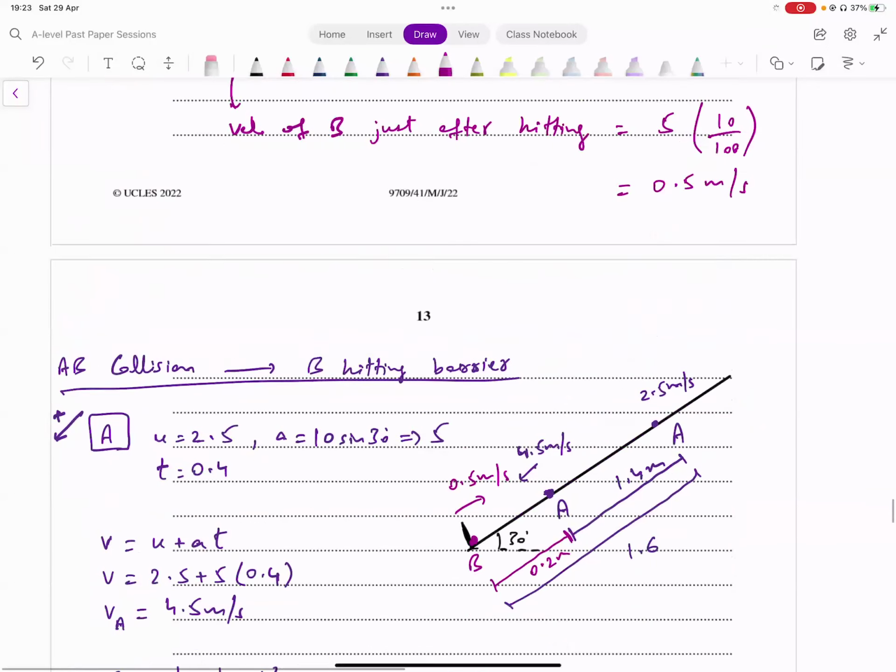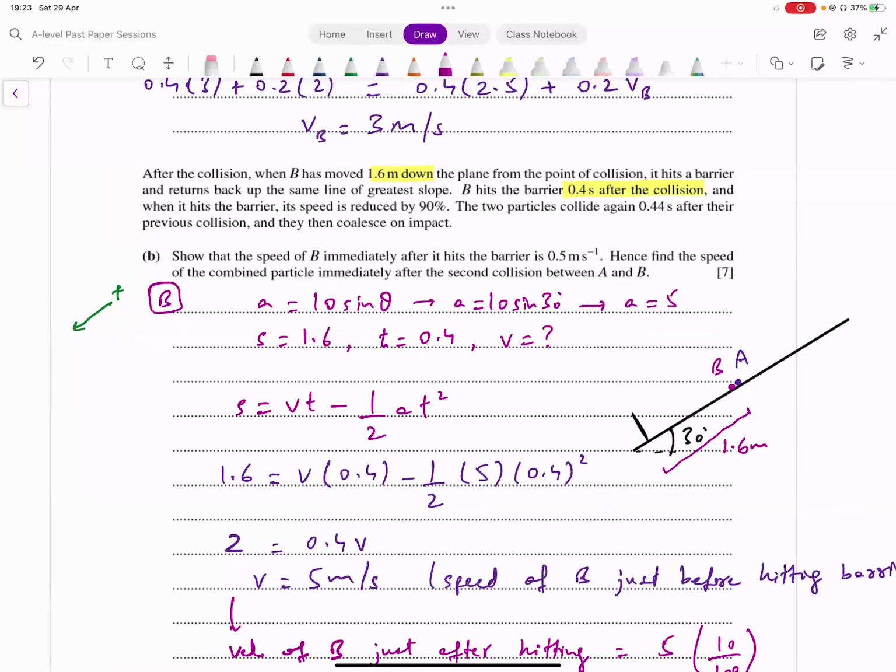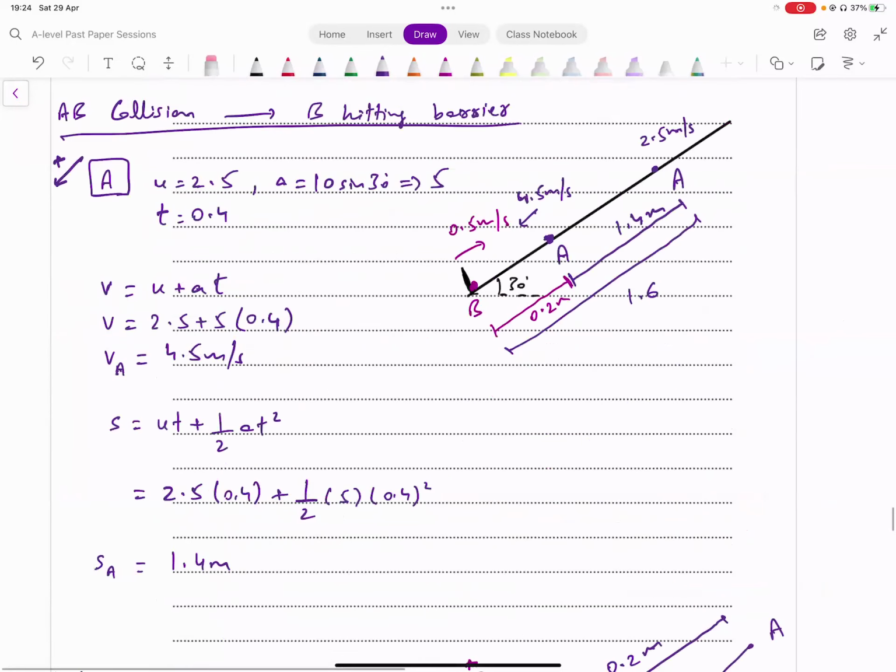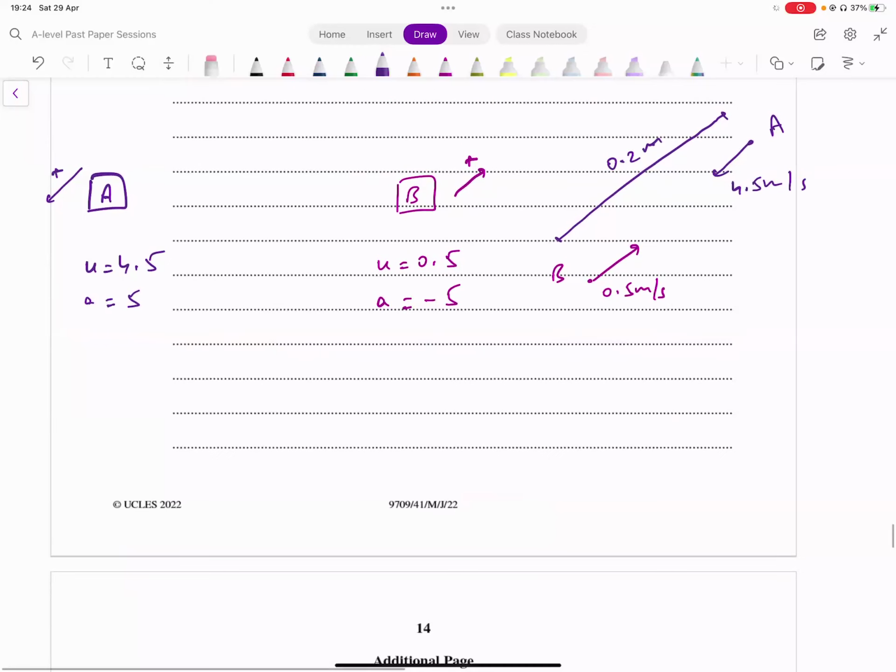We know कि इनकी कोलिजन कितनी देर बाद होती है, ये उसने बता दिया यहाँ पे। उसने बताया है कि इनकी कोलिजन होती है 0.44 seconds after their first collision. अच्छा, इसका मतलब ये है कि 0.4 seconds बाद, जब B ने उसको हिट किया था, तो 0.4 सेकेंड बाद इनकी दोबारा कोलिजन होती है। अच्छा, तो इसमें कितना टाइम लगा है फिर? 0.4 सेकेंड। इन दोनों का टाइम कितना आ रहा है? 0.4 एंड 0.4।